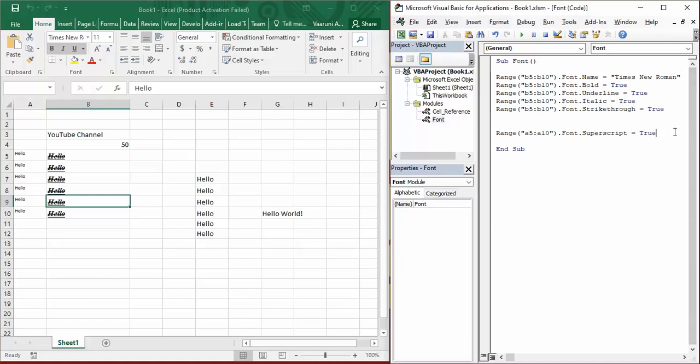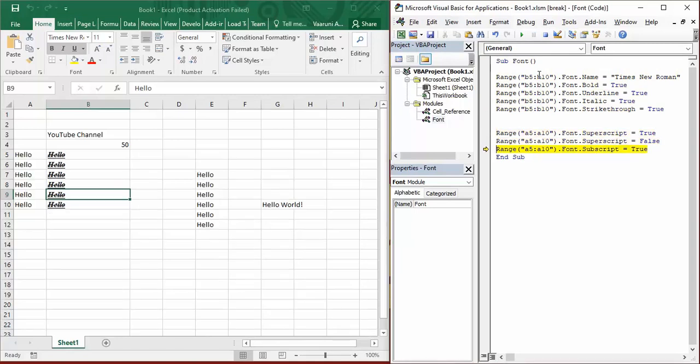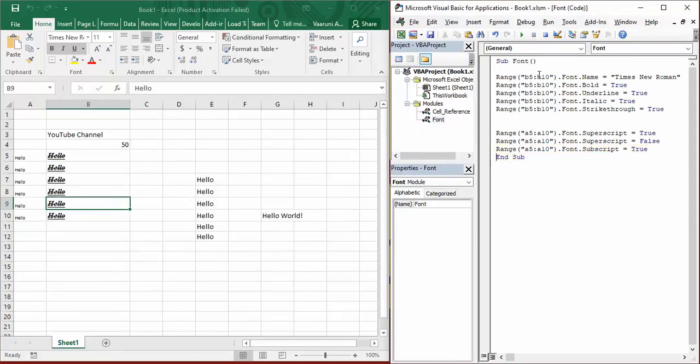Instead of superscript, suppose you want to just change the superscript status to false, you can just copy it, paste it, then set its status to false, and you want it to be in the form of subscript instead of a superscript right now. So subscript equals true. Now let's use F8. First it is superscript, then superscript is false. Now it is normal when the superscript is set to false. Now it would be in the form of a subscript like this. So that's how you can work with it as well.